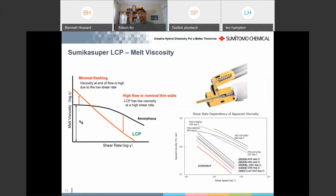And to take that into consideration, temperature is not the only factor or the only knob that you can use when you're doing injection molding of LCPs. On the chart to your right, you can understand that kind of behavior a little bit more on our